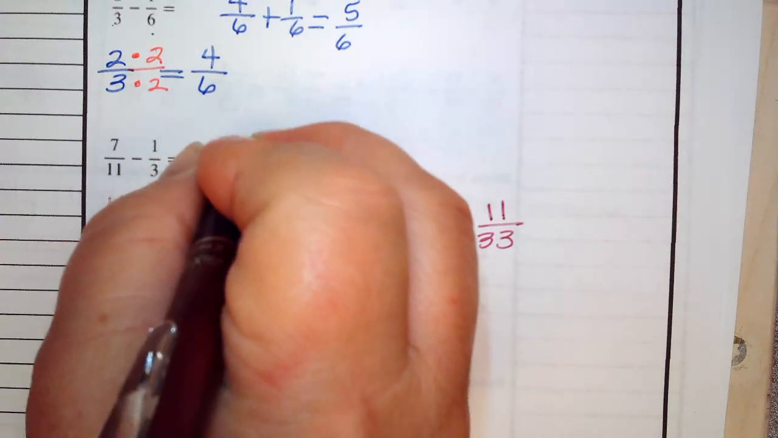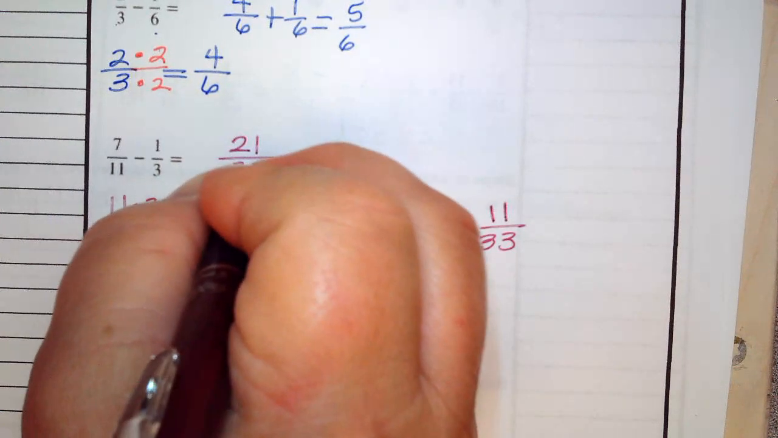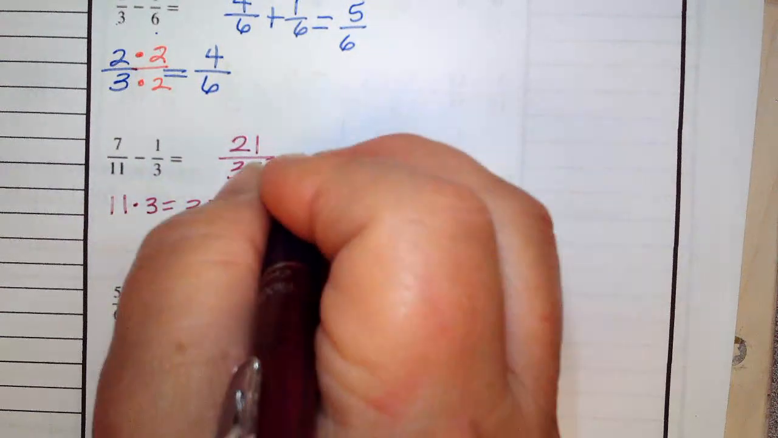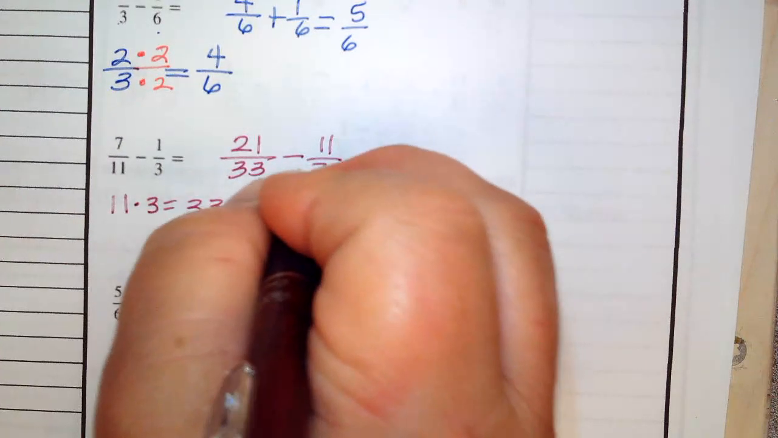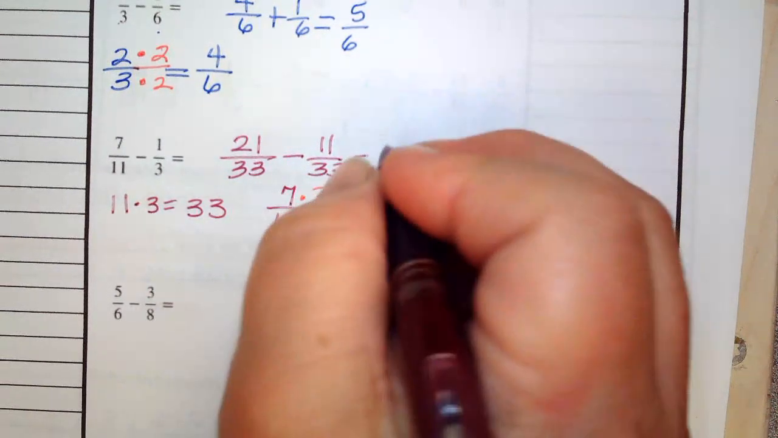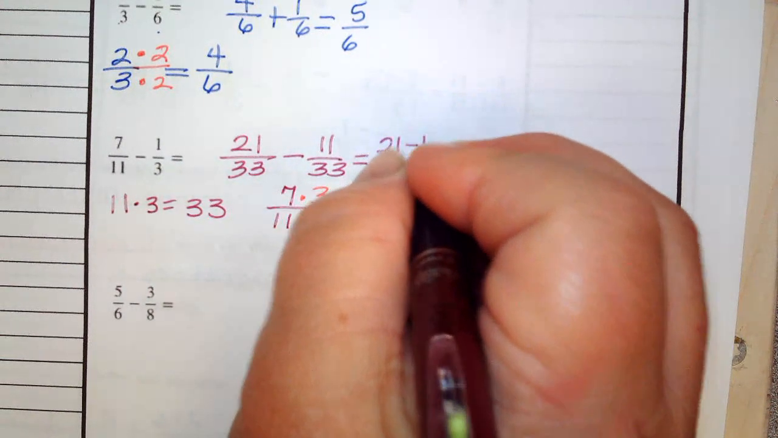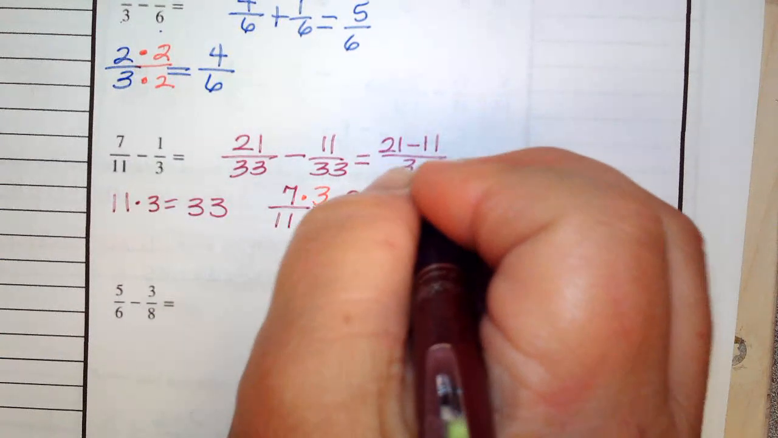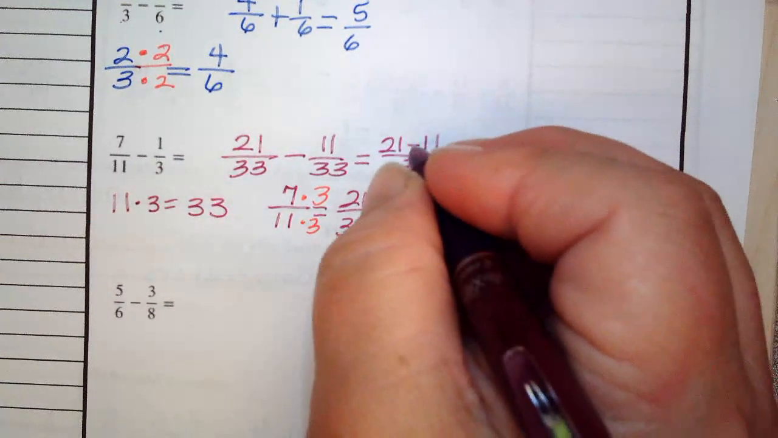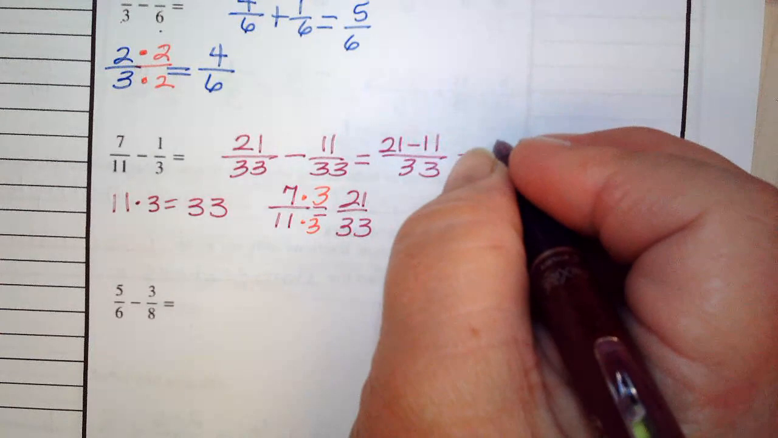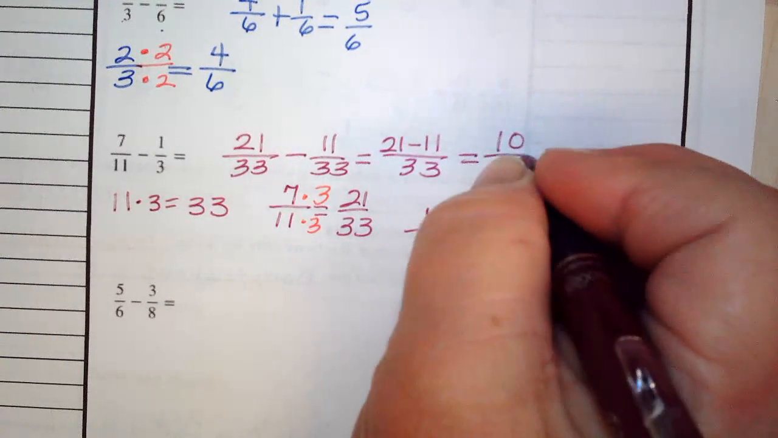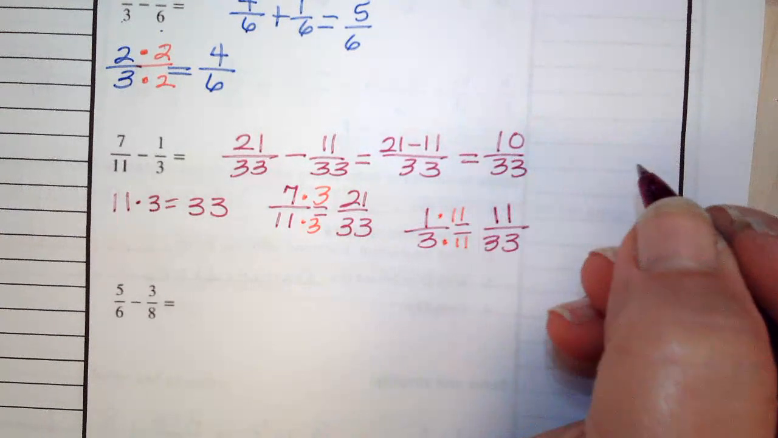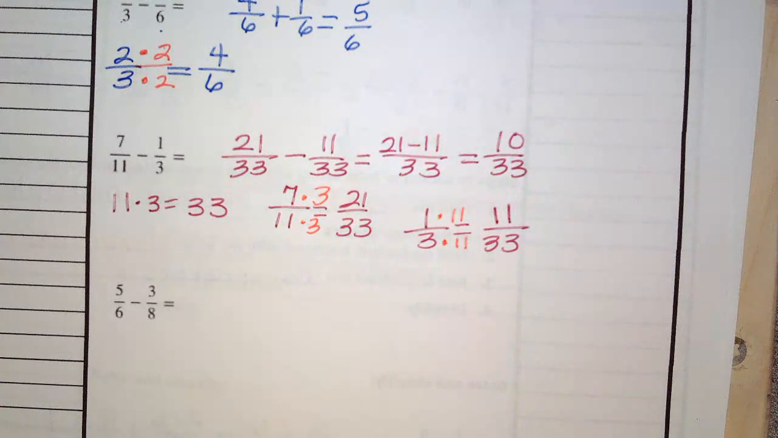So 21 over 33 minus 11 over 33 is equal to 21 minus 11 over 33. 21 minus 11 is 10 over 33. Can I simplify? No. Okay, for the last one,